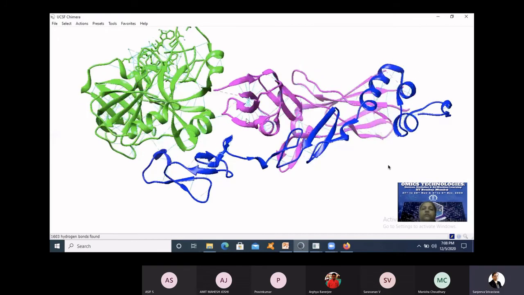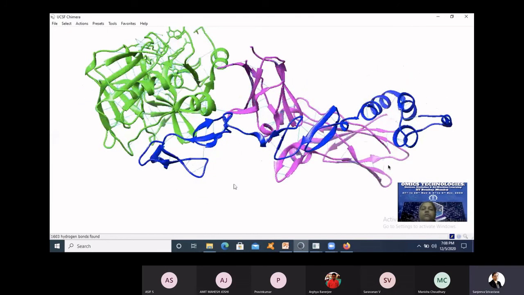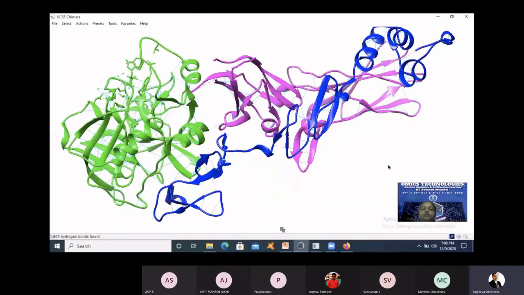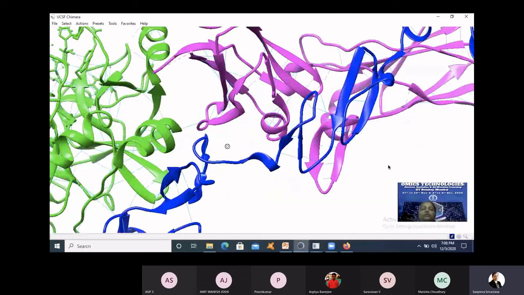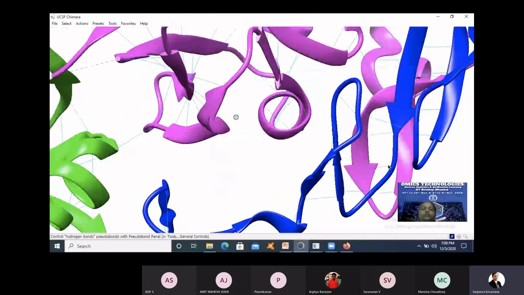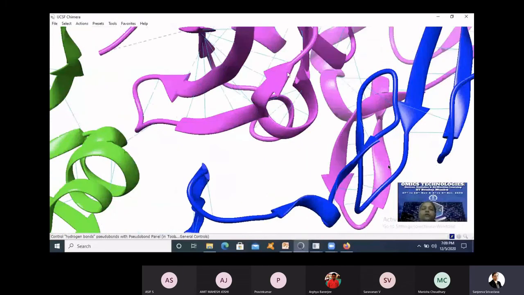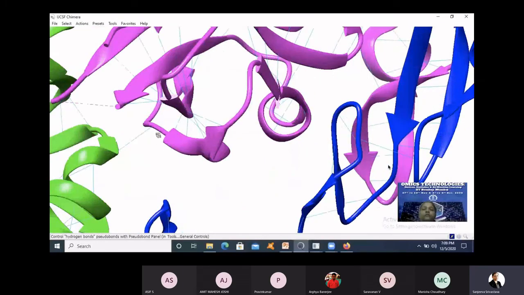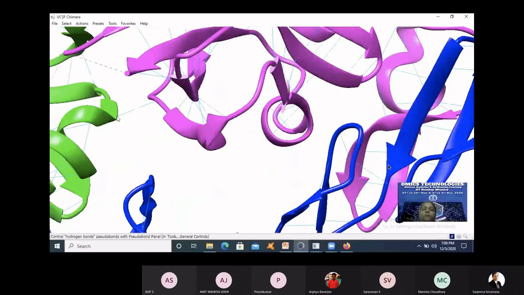Now you can see the different hydrogen bonds being shown. More than the intramolecule hydrogen bonds, we are interested to know about the intermolecule hydrogen bonds, bonds like this one. If you take the mouse over here, it shows that the interaction is between tryptophan 45 and phenylalanine 129F. Now, if I want to select these two residues,